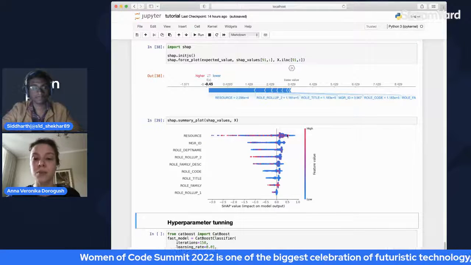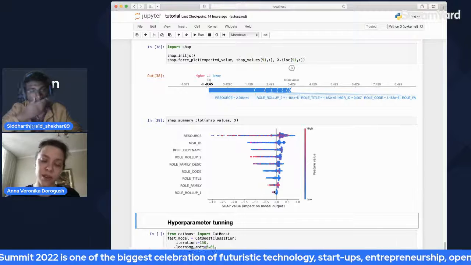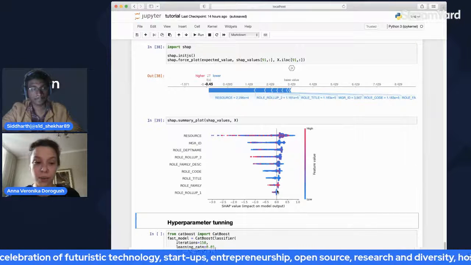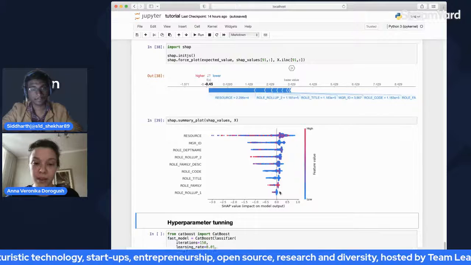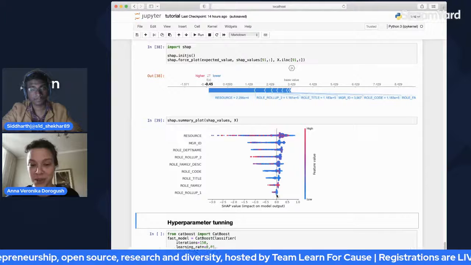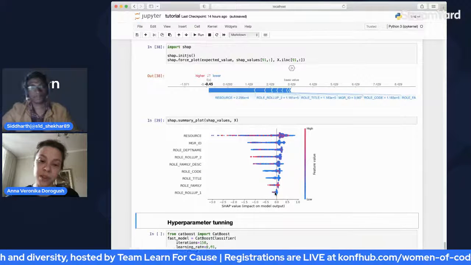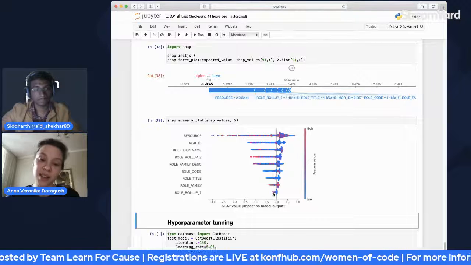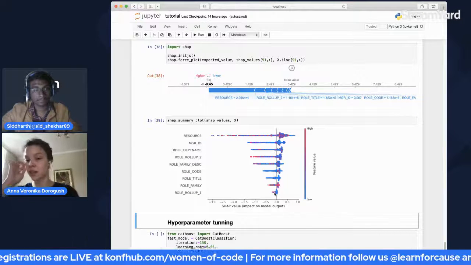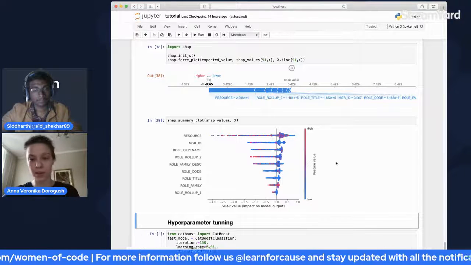And that is the most important feature in the dataset. Other features are less and less important. For example, the roll-up one, for most of the examples, has zero influence on the resulting answer. But for some of the examples in the dataset, it has some negative effect on the resulting answer, so it makes the answer closer to zero than to one.